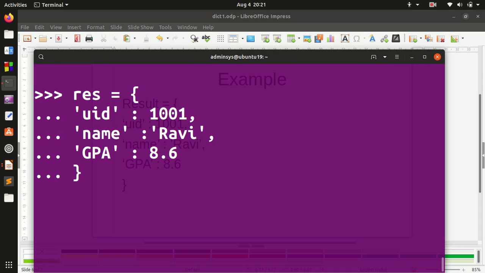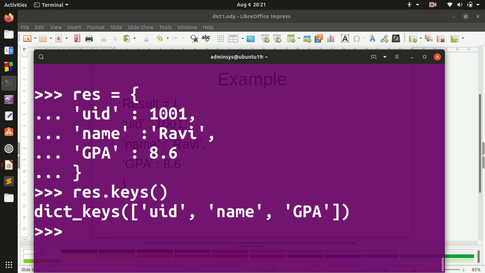If I want to check the keys of the dictionary, then I need to mention res.keys, and if I hit enter, it returns the list of keys of the dictionary. That is, we have UID, name and GPA in the dictionary. These are the key elements in the dictionary.